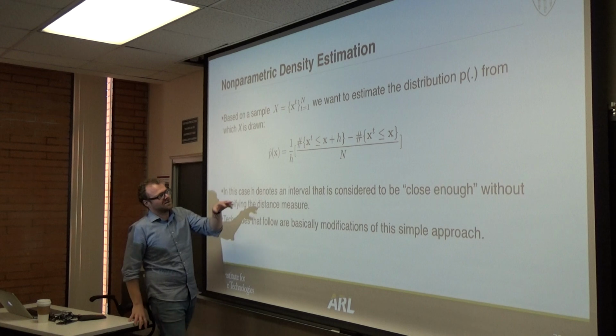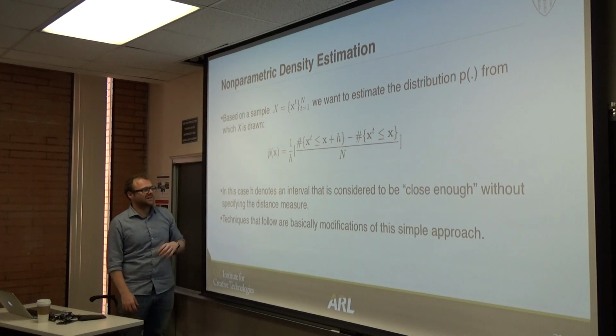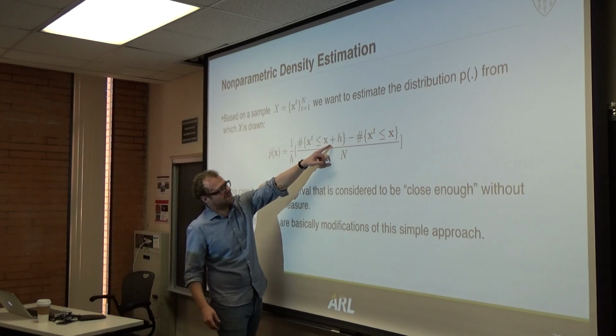And then we divide that by the number of observations and normalize it by the width of this